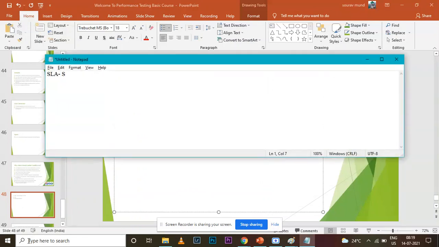SLA, service level agreement: a mutual agreement between the client and the tester, an agreement for key performance metrics like user load,